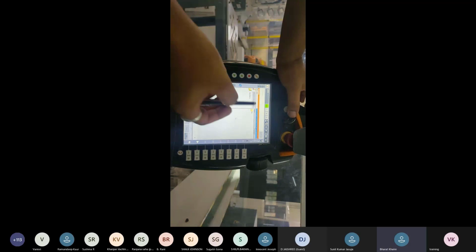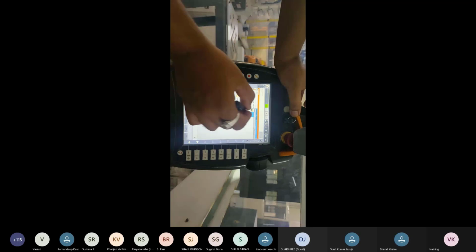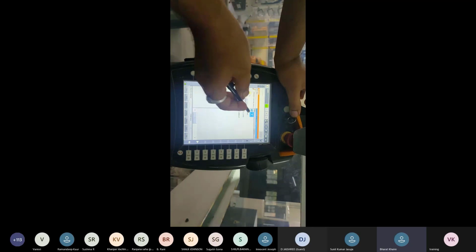Here one more tab is given, it is an R. The meaning of R is select program. Okay, so now this R is in gray color. The gray color means no program is selected. Okay, if we select any program, we open the folder, then these are the programs. Okay, these are the modules. We can say it's a program.